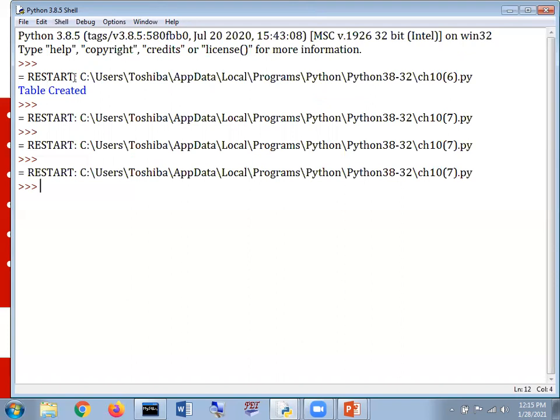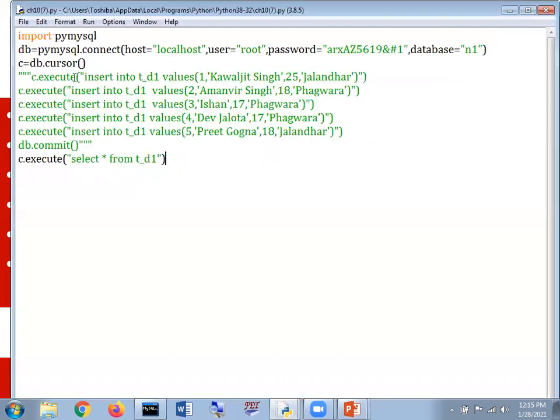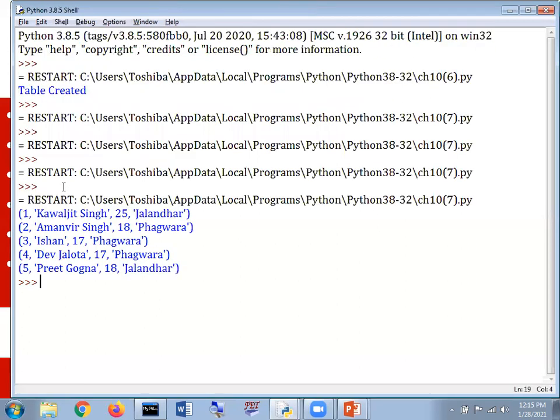In such a case, my dear respected students, we are supposed to use the concept of a loop. For i in c, the object will be c, and we are supposed to mention print i. You are supposed to display the content. Okay, no problem, we are supposed to make the changes. For i in c, then print i. Hopefully the content appears. I'm just going to hit the enter key, and the entire content of that particular table is supposed to be displayed on the screen.